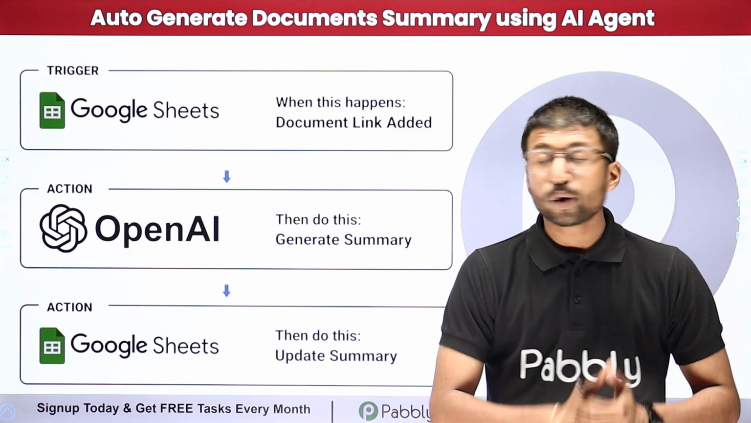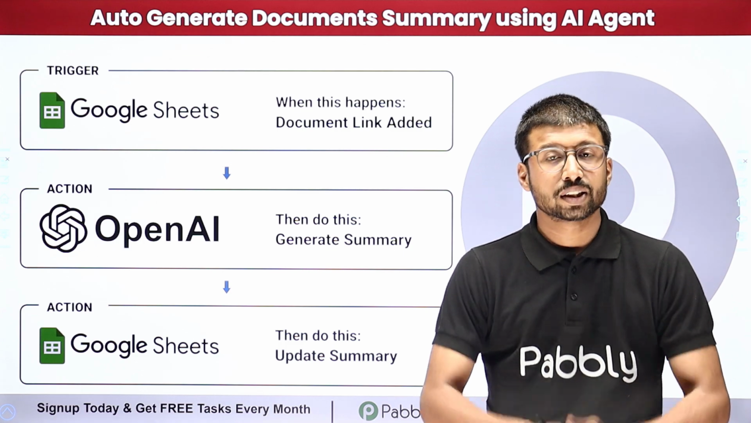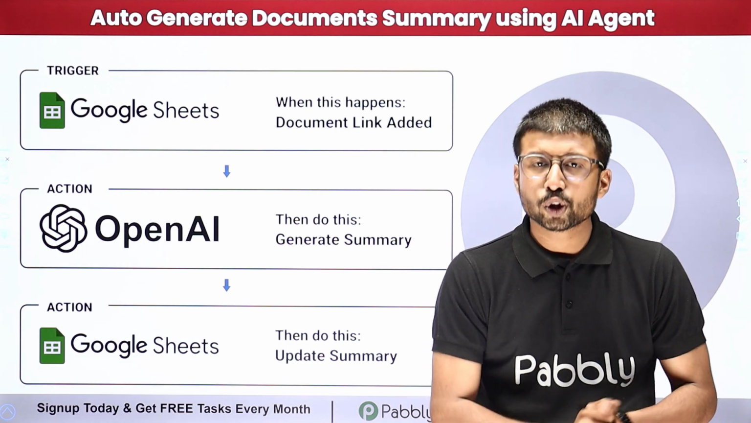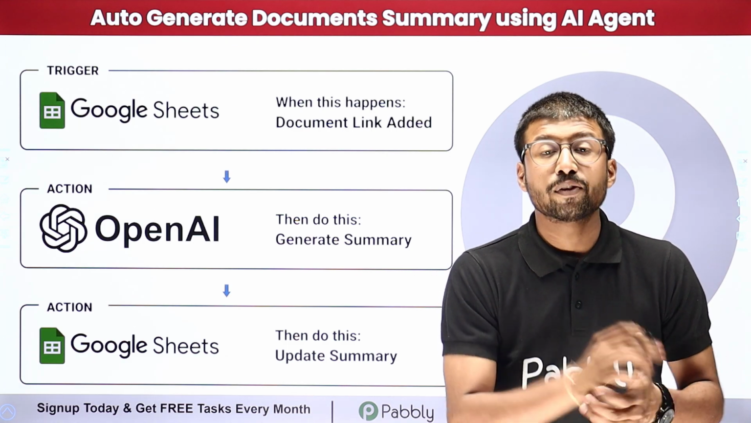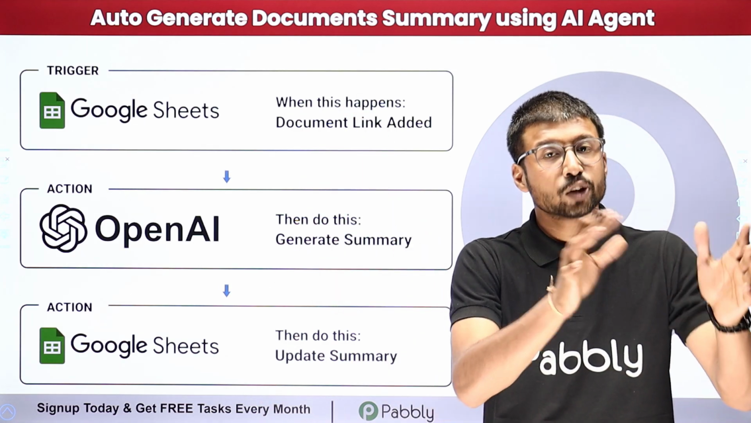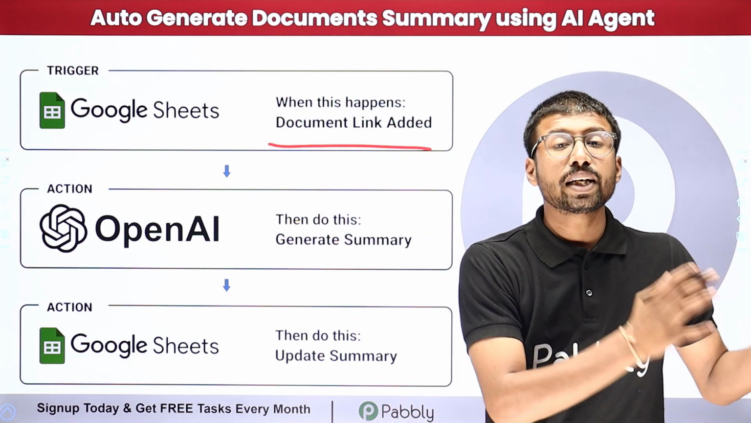So in this video, we are going to learn how to auto-generate document summary using AI agent. Yes, that's right. So I'm going to show you how you can create an AI agent which will summarize the document link which you're adding in your Google spreadsheet. So all you have to do, just add the document link in your Google Sheet, and then automatically this AI